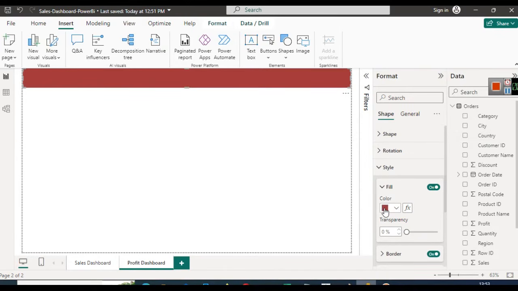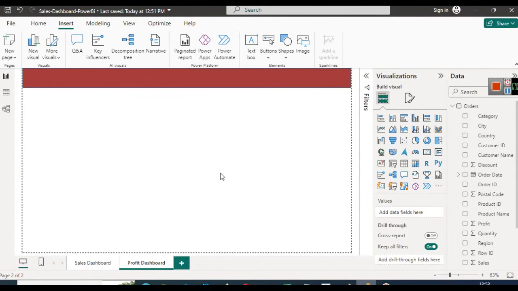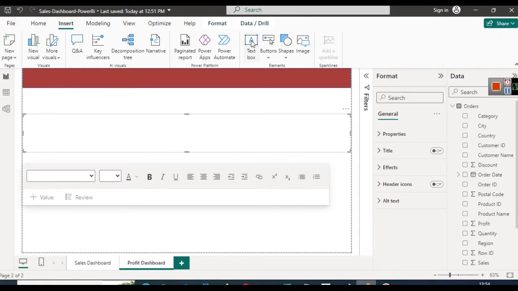I will use this dark red or maroon, whatever you want to call it. And now this is our first step. Now we have to display some information over it, so like some heading over it. So we will drag a text box here. When you click a text box, this text box will appear here, and I will call it